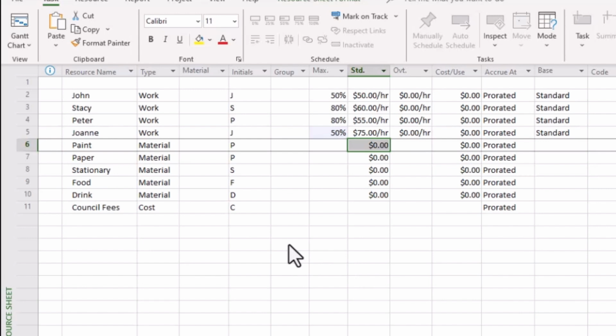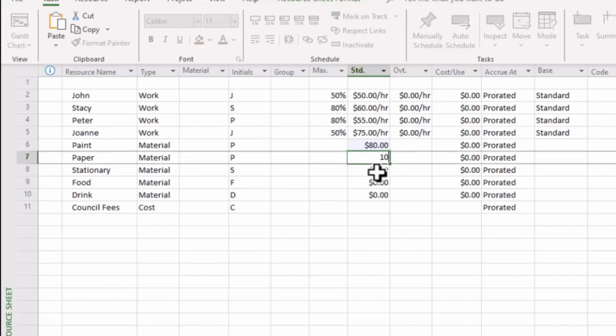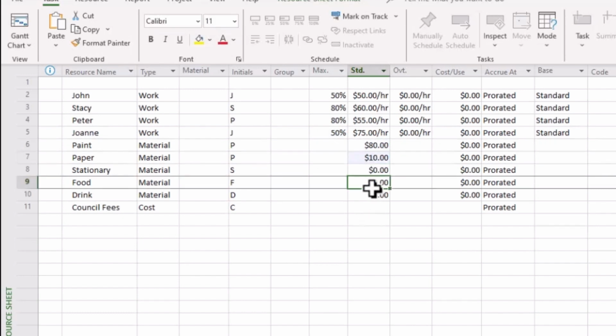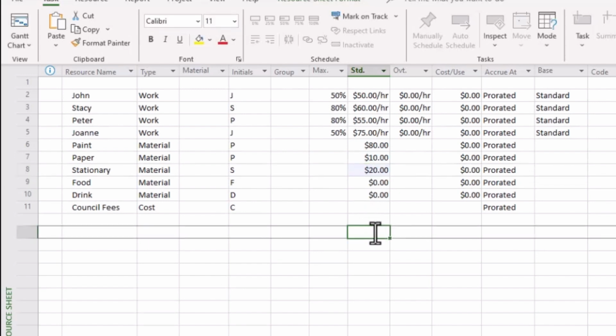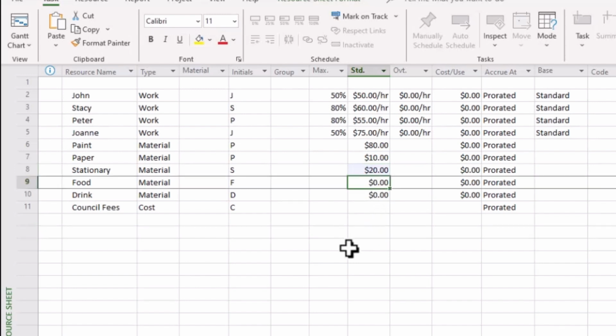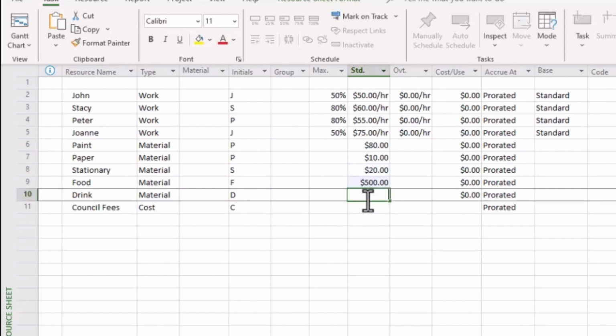And these are simply a price per unit. So we might see that paint is $80 per tin, paper might be $10 per ream, and for stationery, let's just put in dollars for all of the stationery that we might need at one or more points of this project. In a similar way, food could be applied, and drink as well.